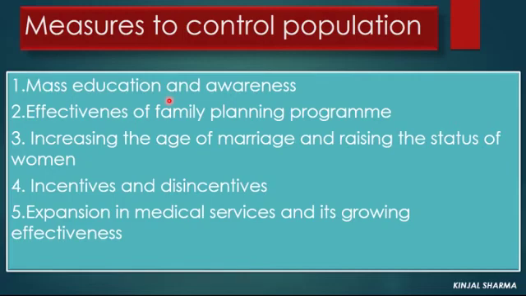Now, as we all know, the spread of education changes the outlook of the people, or the way they think. Educated men prefer delayed marriage and adopt small family norms. And educated women are health conscious and avoid frequent pregnancies, and thus help in lowering the birth rate. So it is necessary to make people realize the importance of small families to reduce birth rate. For that, it is necessary to propagate and spread education and awareness among them.